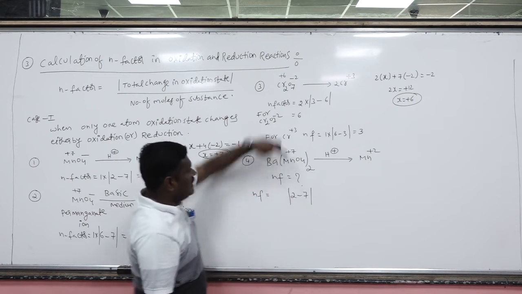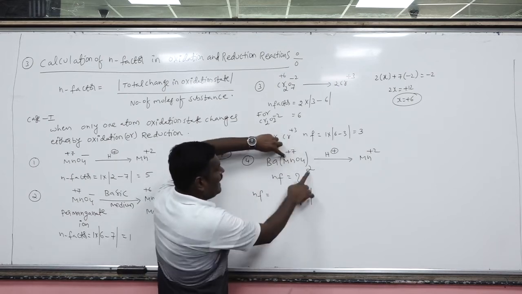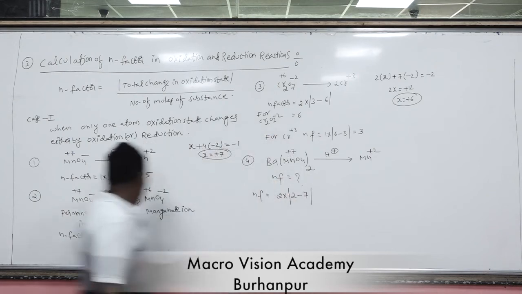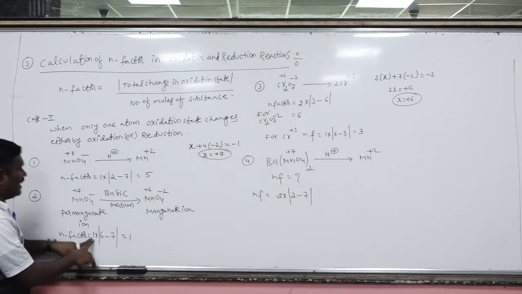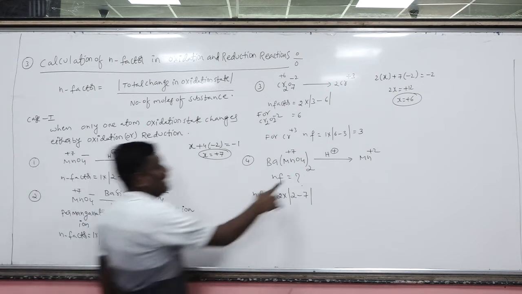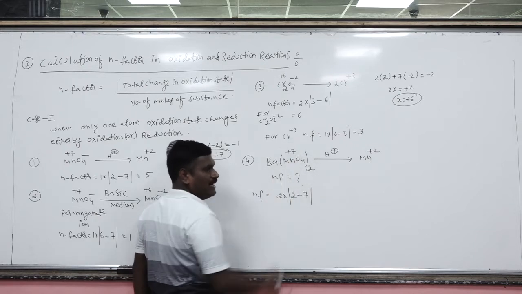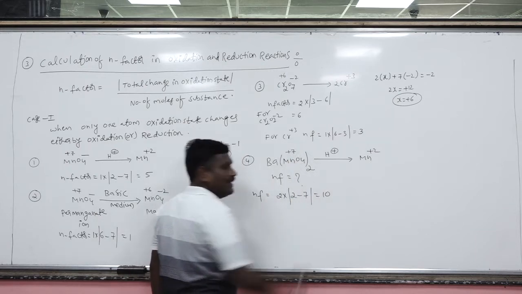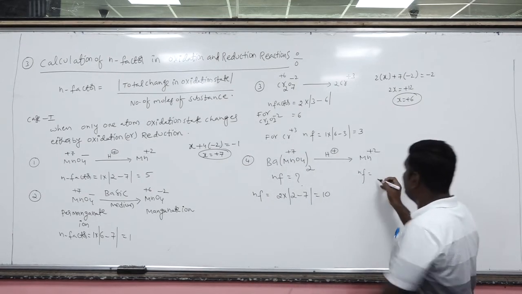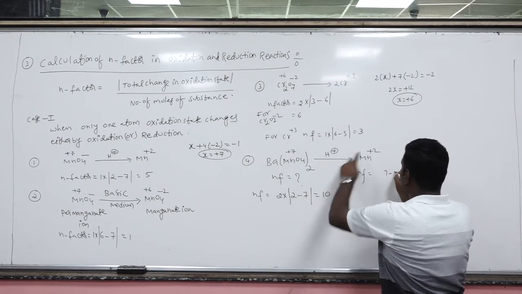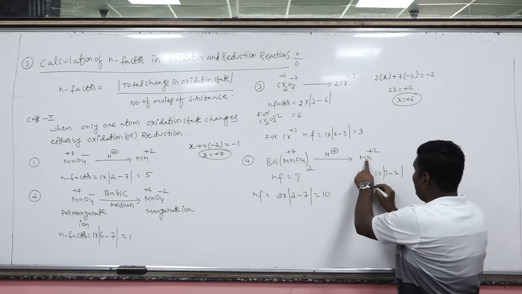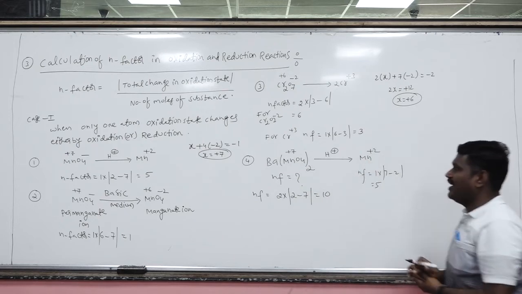Change in oxidation number is 2 minus 7. Now remember, this is 1 mole of a species. How many manganese atoms are there? 2. So that's why I am multiplying with 2. But here I am multiplying with only 1, because manganese atoms are only 1 per mole of the species. But here manganese atoms are 2 per mole of the species. Are you getting my point? So here N factor is equal to 10. But here, the N factor is final oxidation number minus initial oxidation number, with only 1 manganese atom. So here the N factor becomes 5. Are you getting my point?